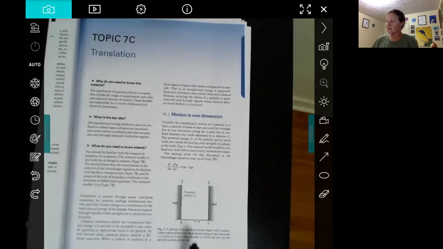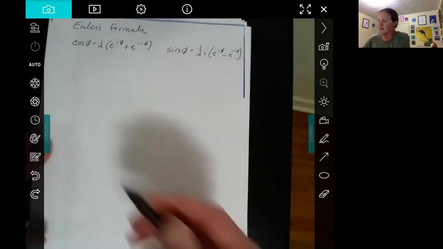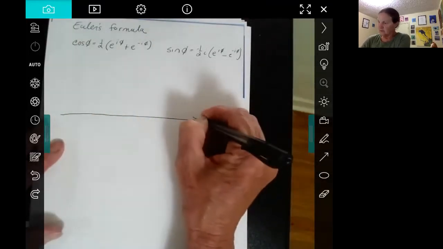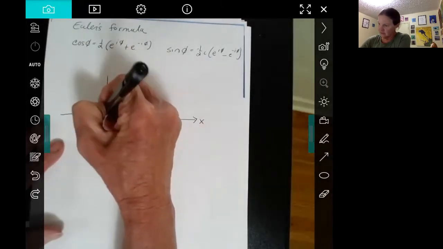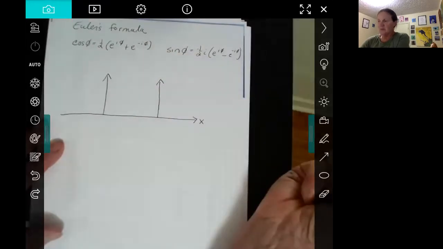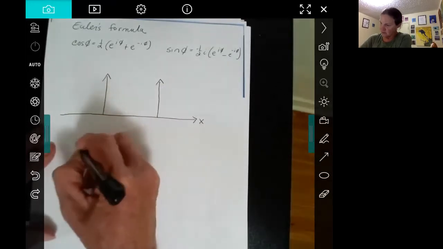So rather than go through the way the book does it, I'm just going to solve the problem with you on a separate sheet of paper. So first we'll define our model. The particle can only move in one dimension, so we'll call that the x dimension, and it's in a box. So sometimes this is called particle in a box,